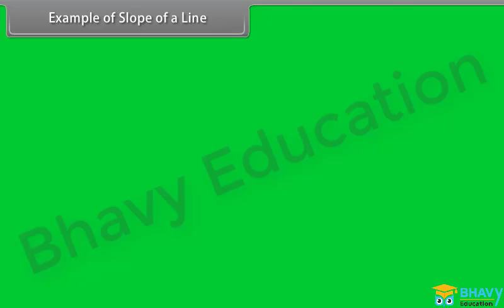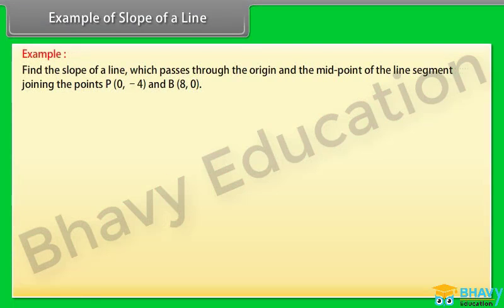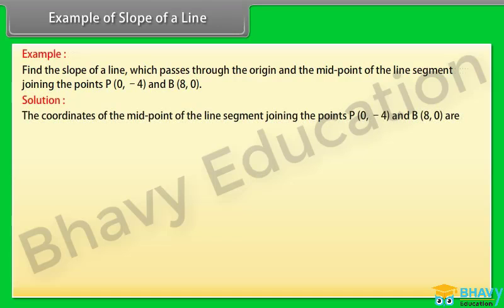Examples of slope of a line. Find the slope of a line which passes through the origin and the midpoint of the line segment joining the points (0, -4) and (8, 0). Solution. The coordinates of the midpoint of the line segment joining the points (0, -4) and (8, 0) are